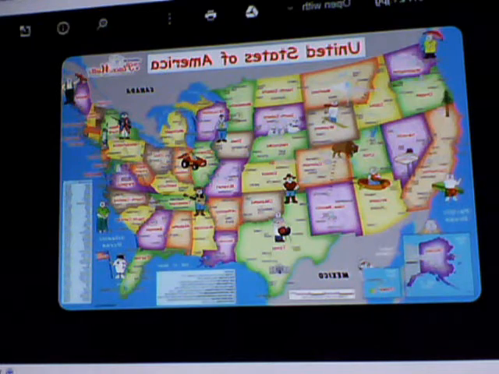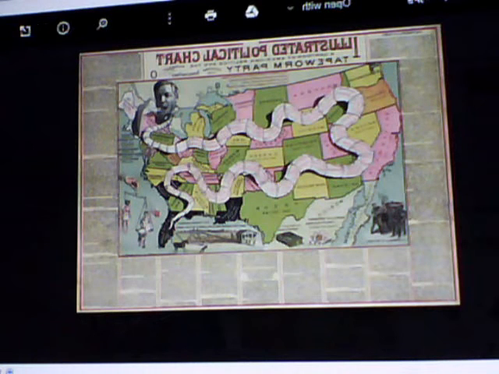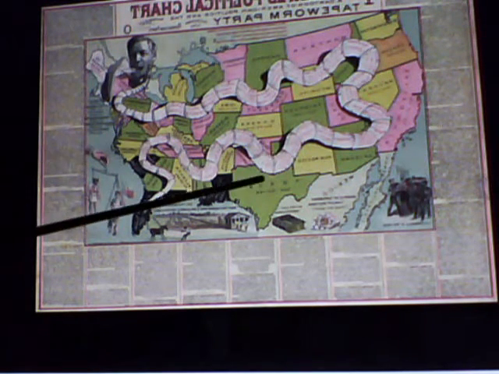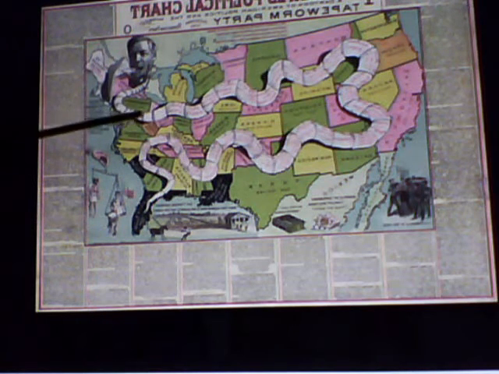I'm gonna show you something else. Here, this is interesting. This map here is a political chart, and it's called the Tapeworm Party. It's about the Republican. It's supposed to be a cartoon that was in a newspaper, and I find this to be very interesting. All right, because I'm saying that everything that is dealing with anything ancient is talking about genetics. You know, it's crazy because it has the tail of this creature. There's a snake. It's the tapeworm party. So this is a tapeworm.